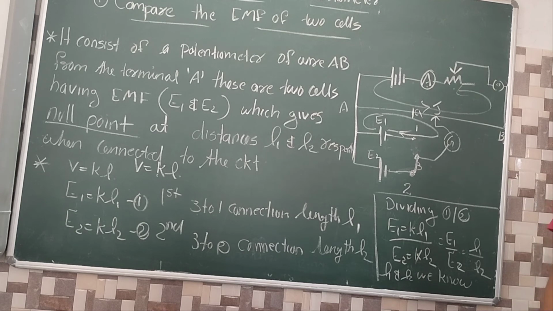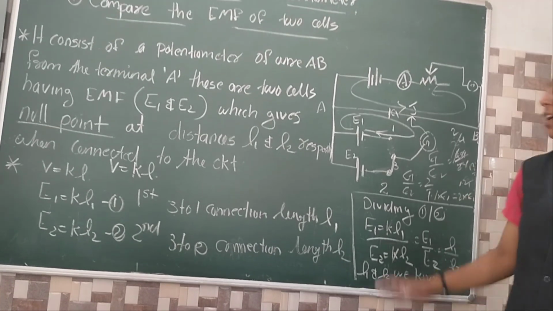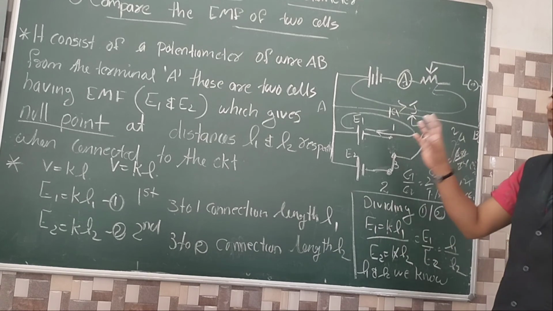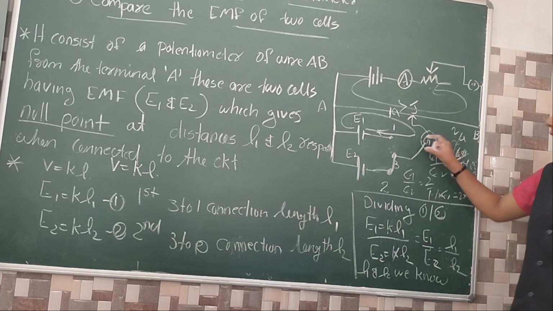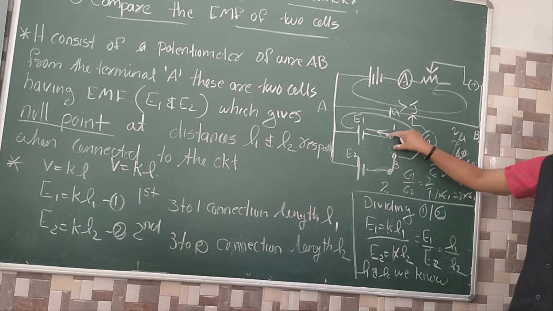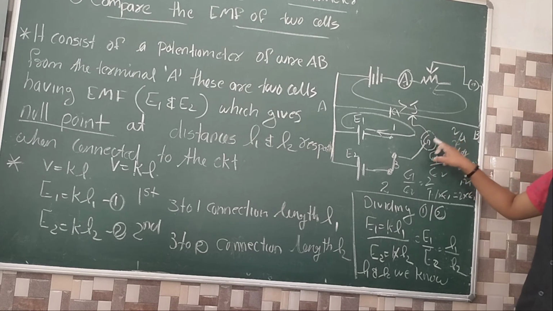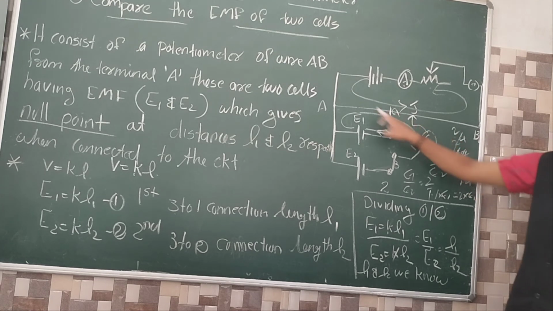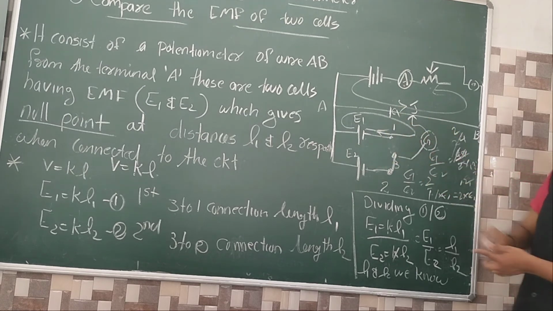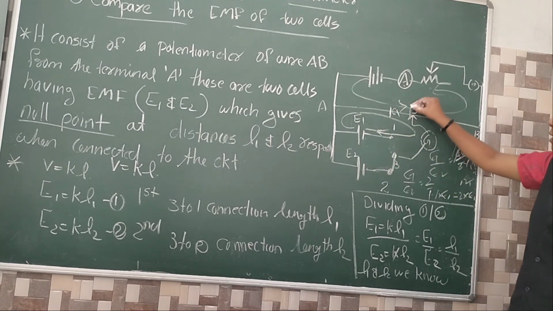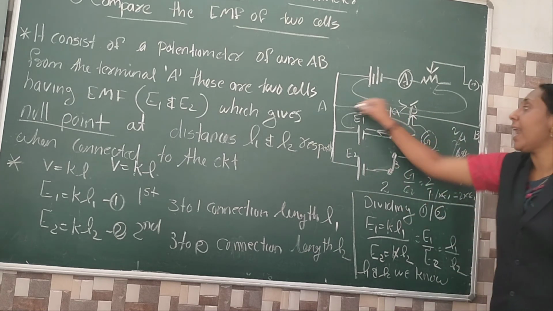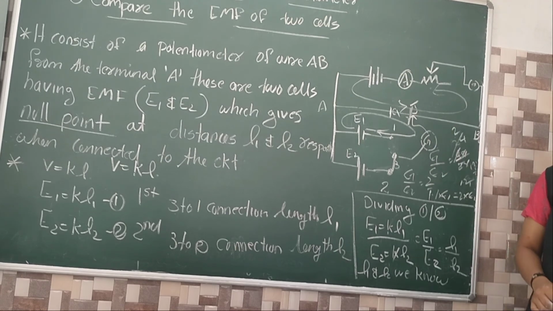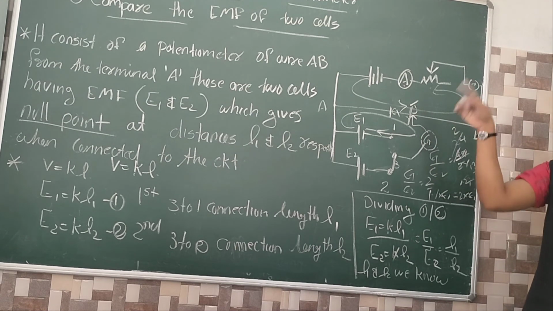Pause the video please. Listen here once more. We should consider V equal to KL. We already know the expression. So first we connect 3 to 1. So we know two currents are connected in the galvanometer, one in this direction, one in this direction. So we get opposite currents. So we move the jockey like that. At one point the deflection becomes 0. That point is called the null point. That length is called L1. So आप लोगों को क्या मिला? E1 equal to K L1 मिला.